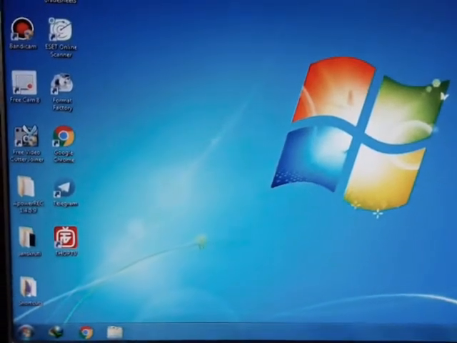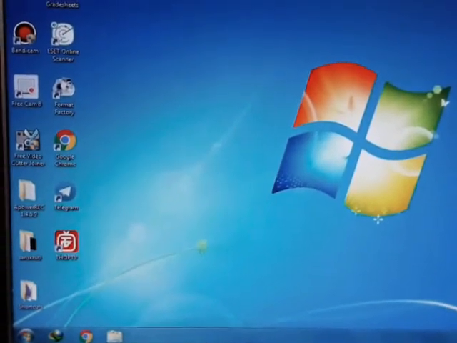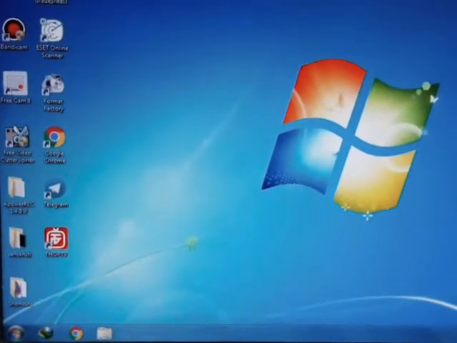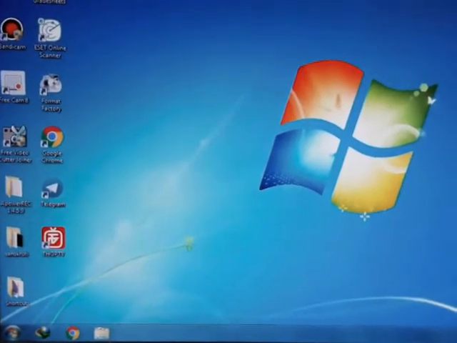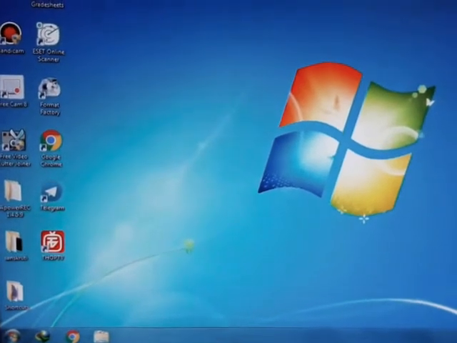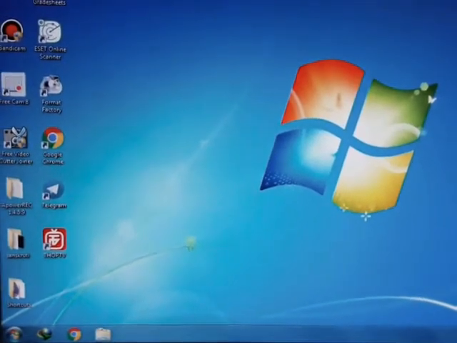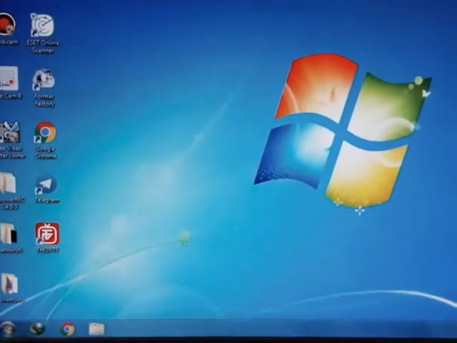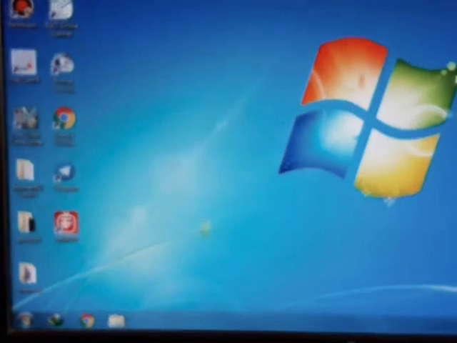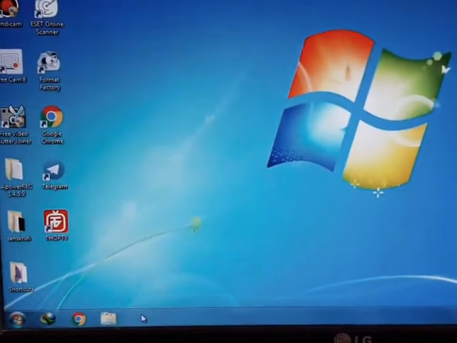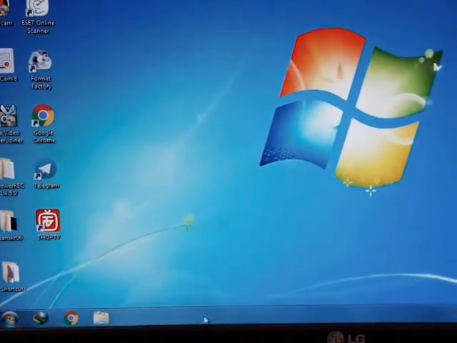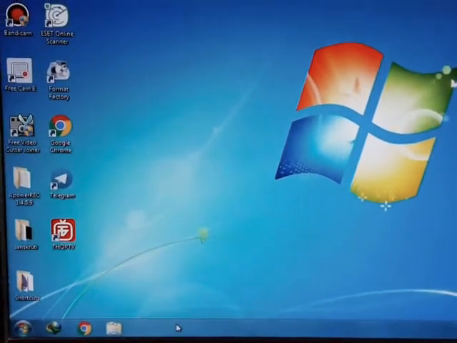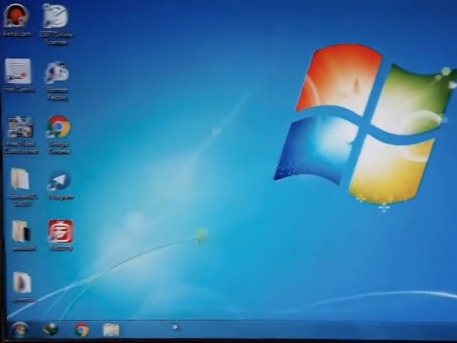Dear students, pinning a program is very useful if you are using a program frequently. Now I use Microsoft PowerPoint and Microsoft Word all the time. So what I can do is pin a program on the taskbar. Taskbar means the ribbon at the bottom. Now see, this is the ribbon. You can add a program to the taskbar, and that is called pinning a program.